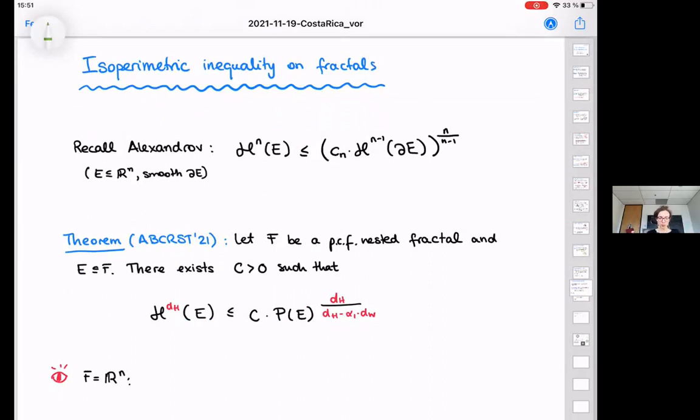So let us say what Alexandrov did a long time ago. He said, look at the volume measure, it is less or equal to some constant times the perimeter measure. Well, we obtain the same result for us. Now, we see that these constants look a little complicated or a little different. Remember, the perimeter, we also called this thing the perimeter before. So it's the same perimeter measure, and the numbers are a little different, but the nice thing about them is that if we look at what happens in Rn,